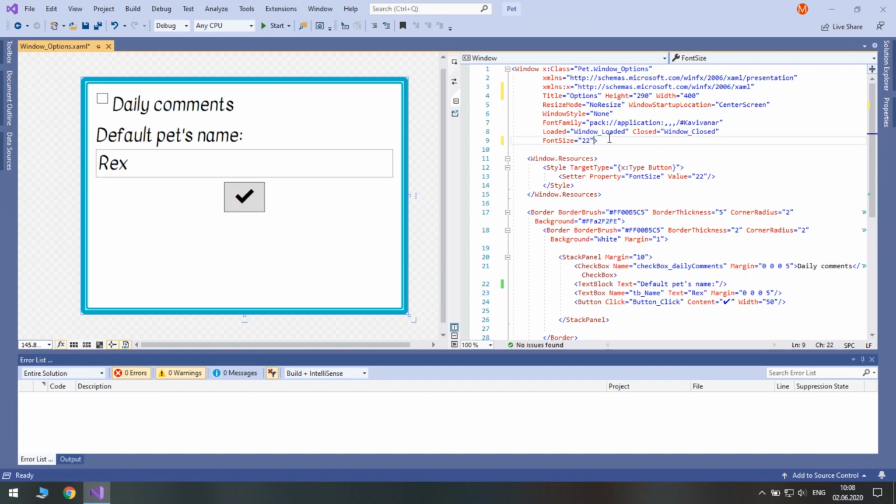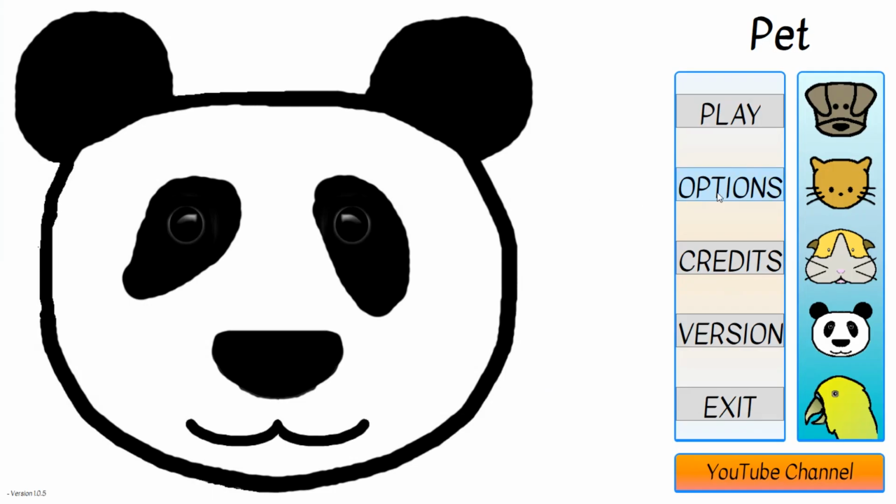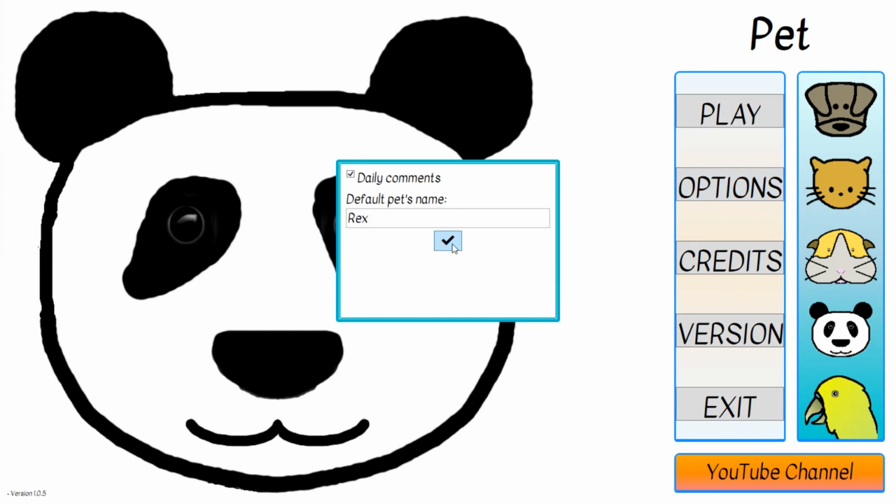Good. Let's make our window transparent, because as you could have noticed, when we start our game and open the options window, it has white corners here, here and here. Let me just show it to you. So let's open our options window. Unfortunately, all surroundings are also white.